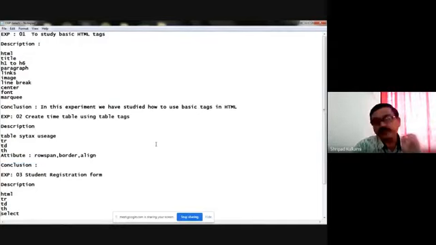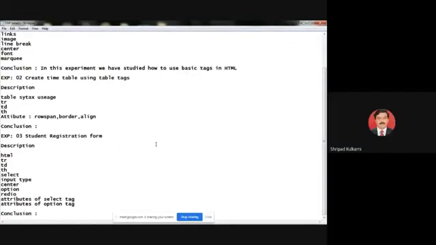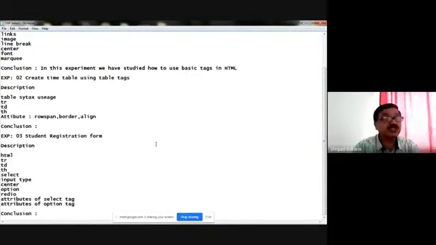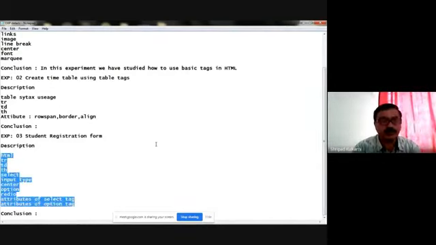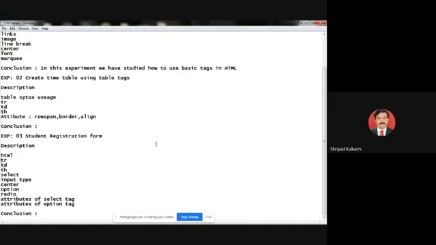Now we are moving to the next part, that is how to make that student registration form. Concerned with the registration, what is the requirement? Which tags do we require for the registration? Try to understand. First, as usual, we know HTML, because without the HTML tag, it's not possible to make any web page. It means the first part is nothing but the HTML. Then we require tr, td. Now a very important usage here: tr, td, as well as th.